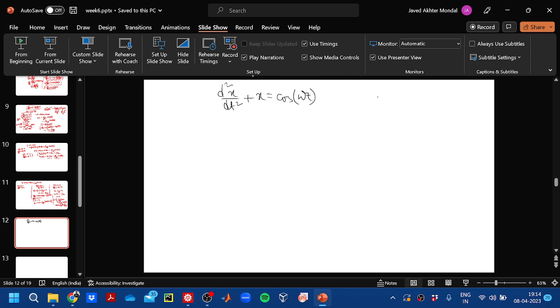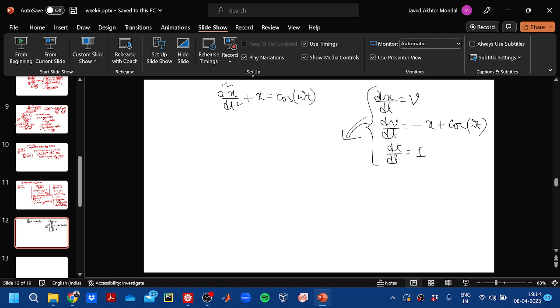First we will write dx dt. We will decouple this into first order. So dx dt will be v, and dv dt we can write as minus x plus cosine of omega t. And we also know that dt dt should be 1. So these all three equations,